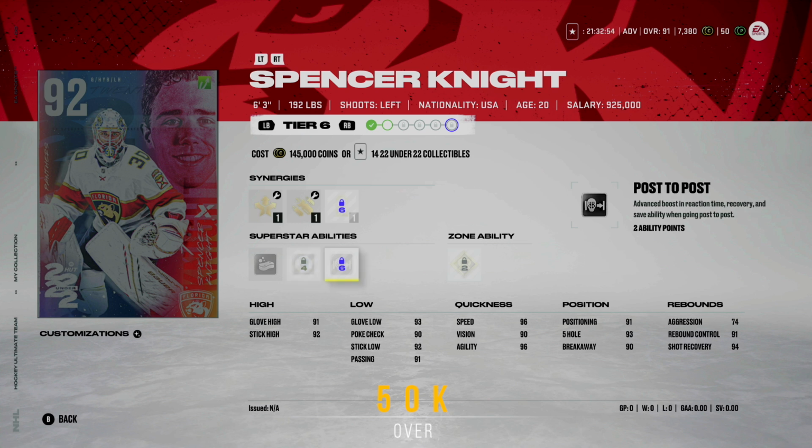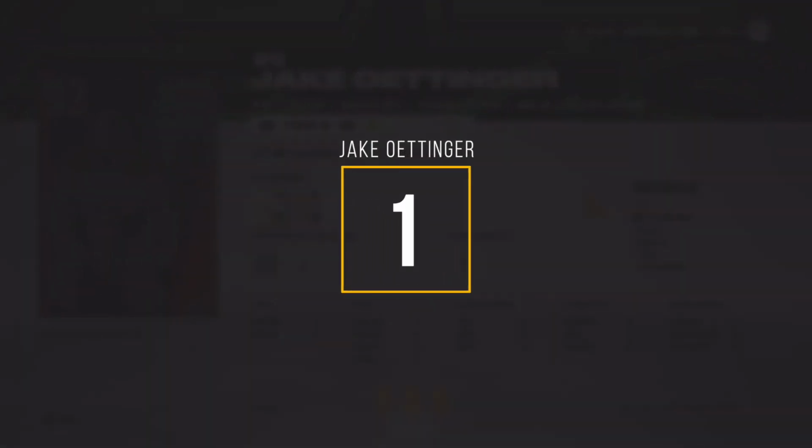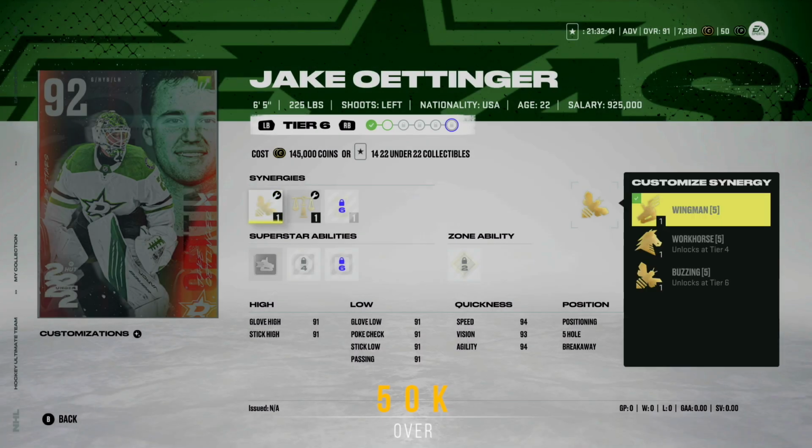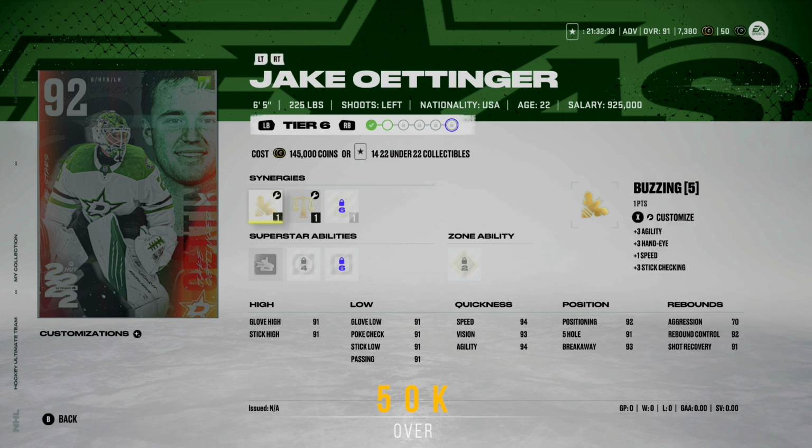However, Spencer Knight ranks number 2 in the best goalies of the game currently. Coming in at number 1 is Jake Oettinger at 6'5", 225. This card is unreal. Buzzing, workhorse, and wingman, so keep that in mind whenever you're choosing these goalies. I'm looking to activate buzzing on my team, so that's why I wanted to pick him up